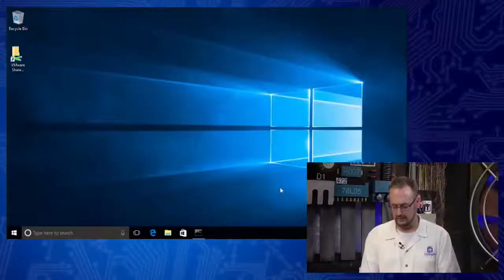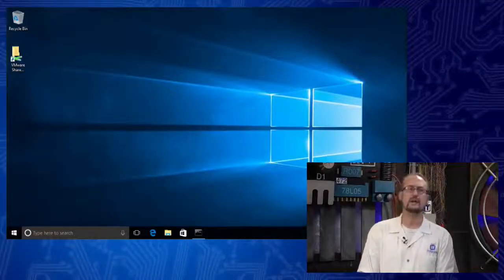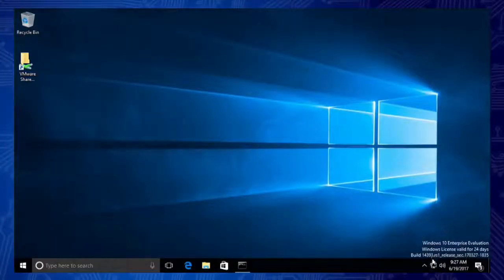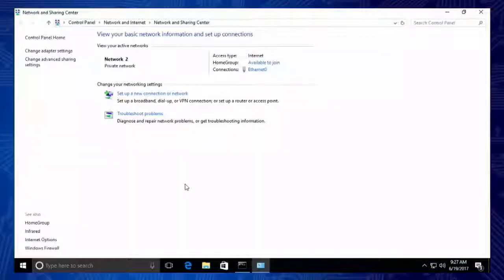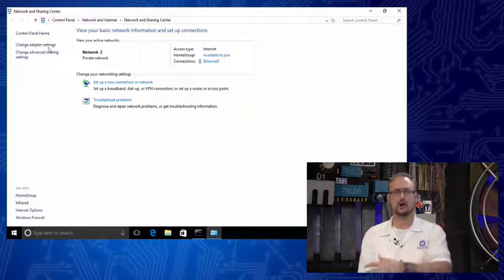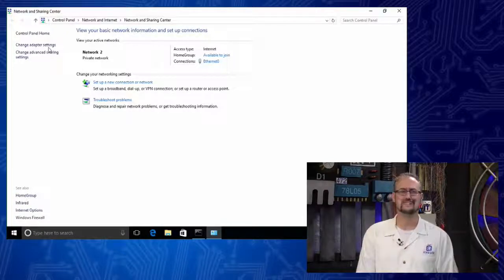All right, in fact, I've got a Windows machine here on my desktop, and if I look down in the network adapter, my head's kind of covering it up. If I right-click on the little network icon, it looks like a little monitor with a trident pitchfork, and I open up Network and Sharing Center. What's great about Network and Sharing Center is that it doesn't matter what edition of Windows, going all the way back to Vista, Windows 7, 8, 8.1, they're all the same, so it really largely hasn't changed.